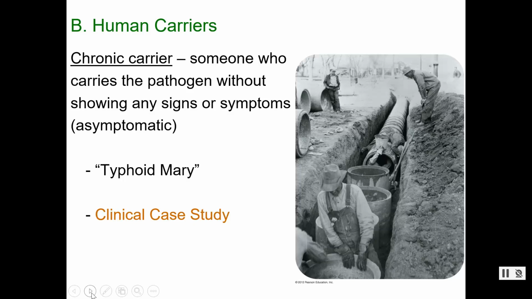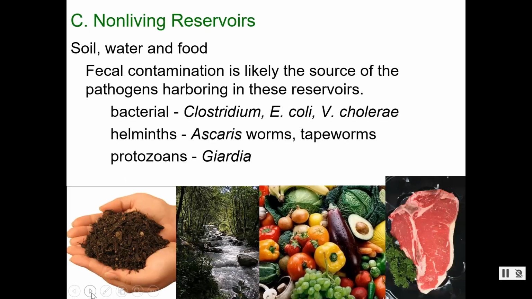Okay, so where are these pathogens hanging out? Reservoirs. We have an animal reservoir. We have a human carrier. The last place is a non-living reservoir. This is where soil or water or food is the contamination source. This is when we have those shutdowns and E. coli is found in lettuce, and there's a recall and there's no lettuce available. This is when we have listeria contaminating our Bluebell ice cream, and they have a shutdown. Typically, these are diseases that are spread by fecal contamination, and then they get into the food or the water source, and that's what's going on.